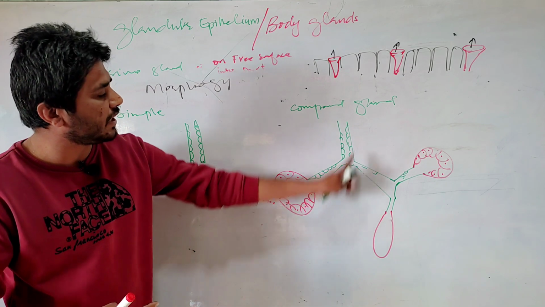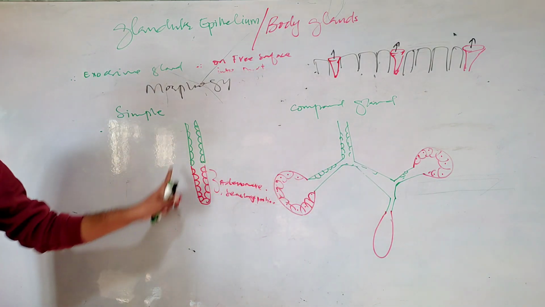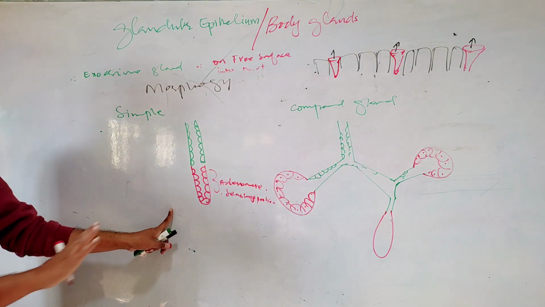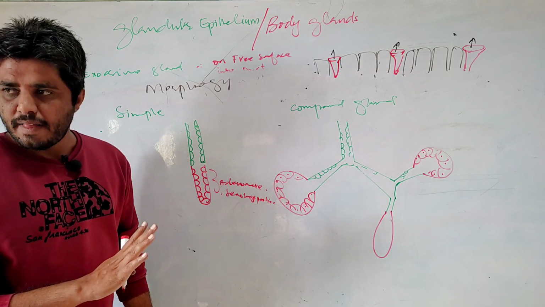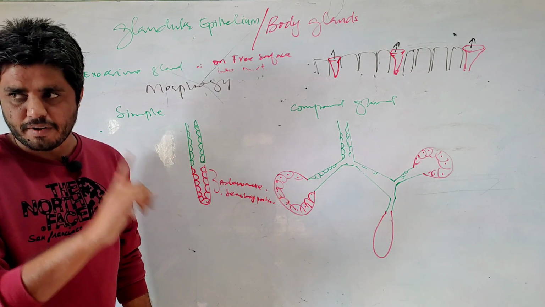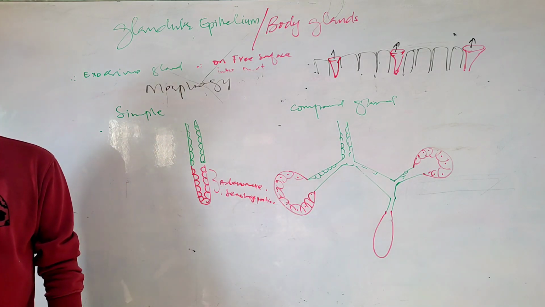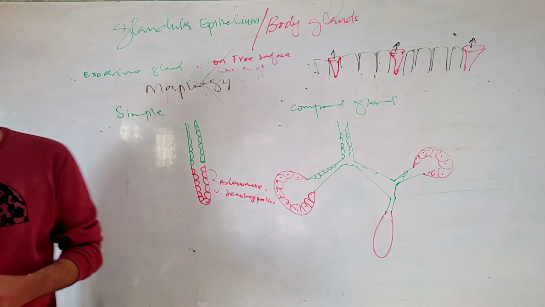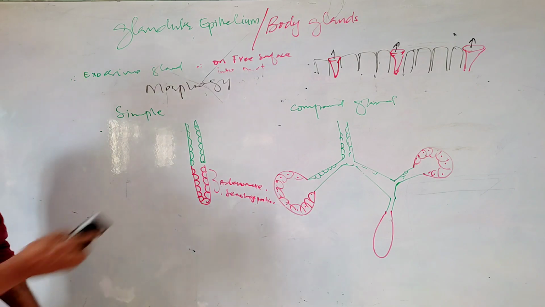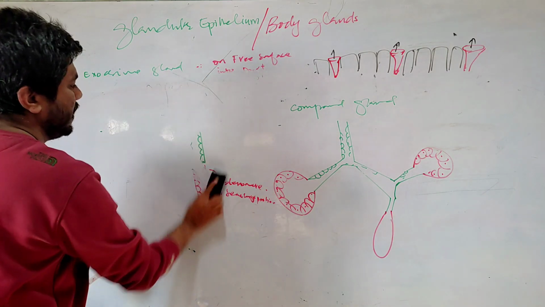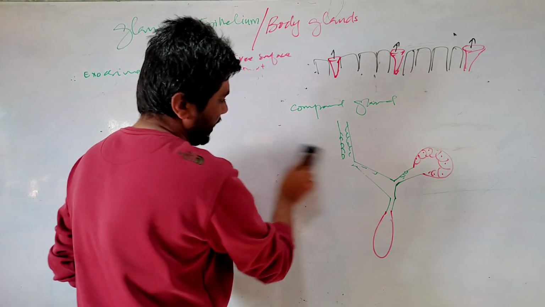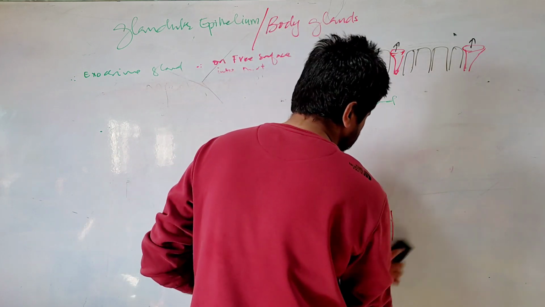But these classifications come under compound gland, and this is not that important. Two things you must remember: simple and compound gland. That's clear. Now we will look at the mode of secretion. That is important. The thing which you need to understand is that